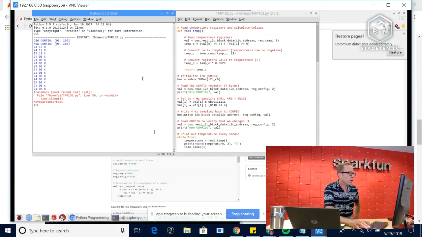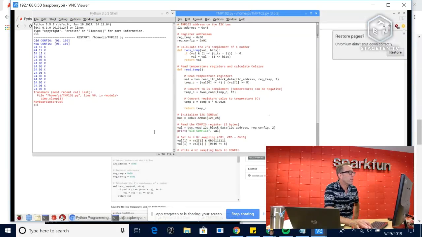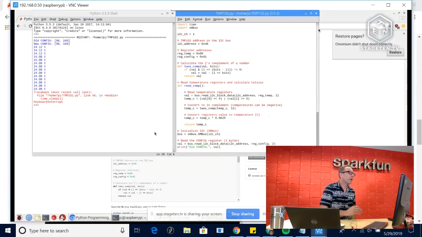Let's take a little look at this program and chat through a little bit of what's going on here. At the top of the program, we've imported time for the time module and smbus for the I2C functions. So an I2C channel is set to 1, and an I2C address is set to the hex address of the device, hexadecimal 48. 0x is our notation for hexadecimal numeral systems. So I have 2 register addresses, a regular temperature and a regular configuration, and those are 00